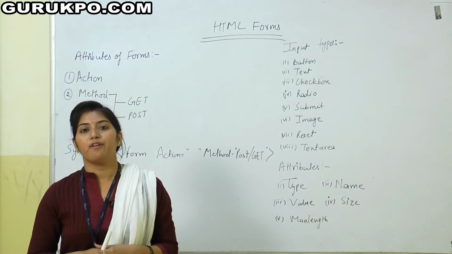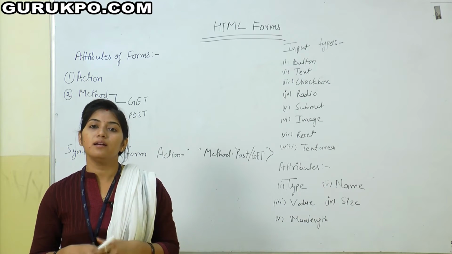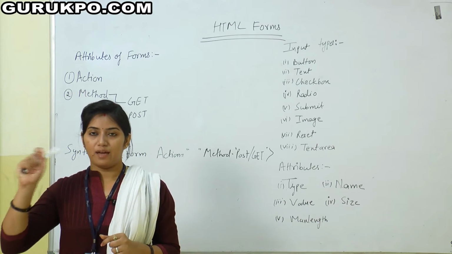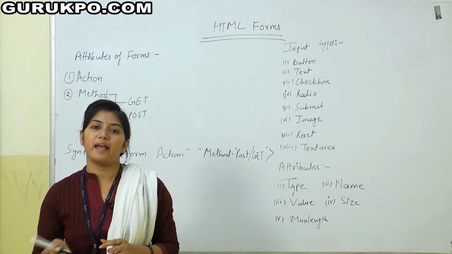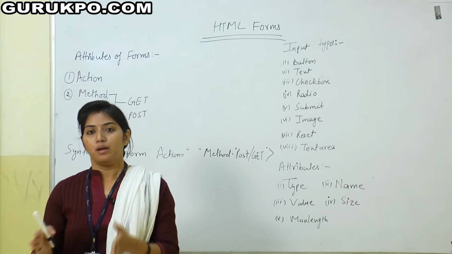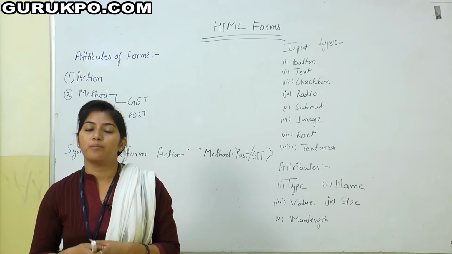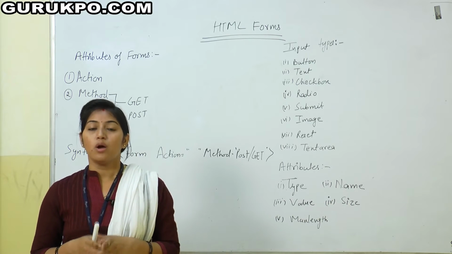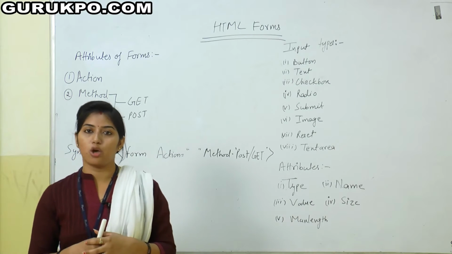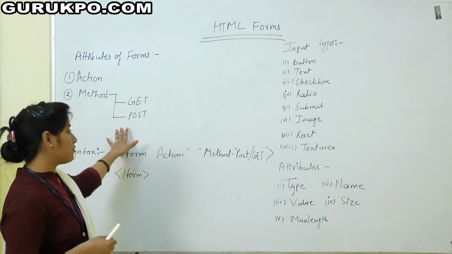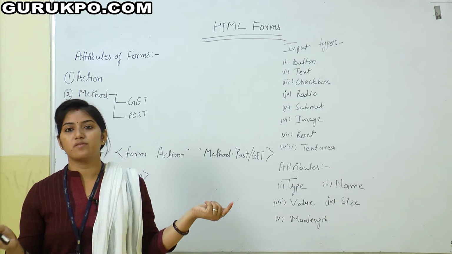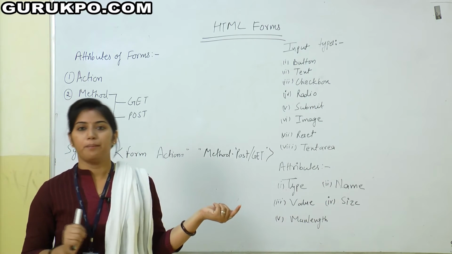For example, if we enter a user account and password, it will show in the URL as a query string, and anyone can access it easily with the get method. But in the post method, data goes in packets, so it cannot be easily accessed. So the better method is the post method because it is a secure method. Either of these methods can be used for transferring our data to another page.